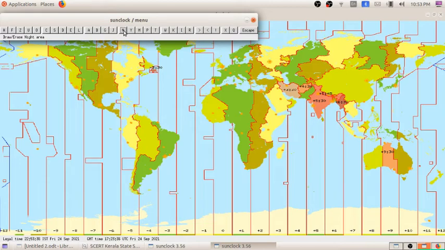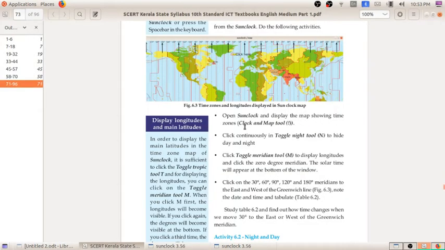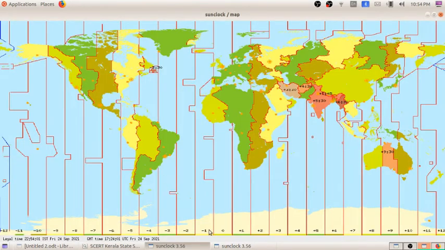Okay, so the third step is click toggle meridian tool. Here you can see, click toggle meridian tool to display longitudes and click the 0 degree meridian. The solar time will appear at the bottom of the window. For displaying the longitudes, we have to click on the toggle meridian tool. How will we be getting it?